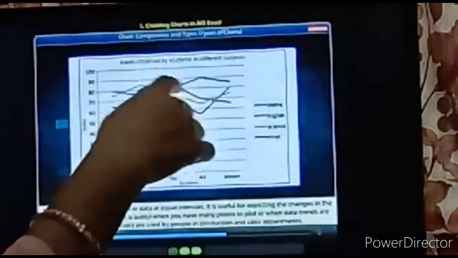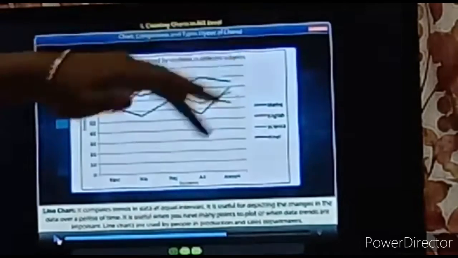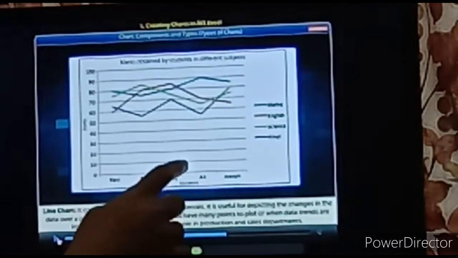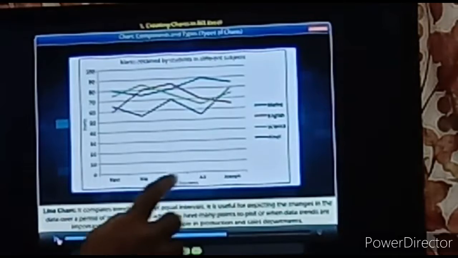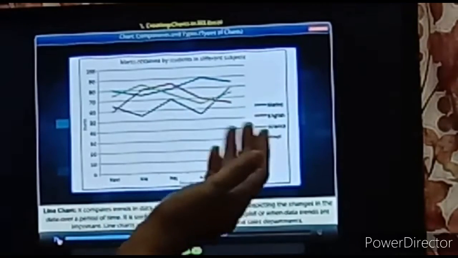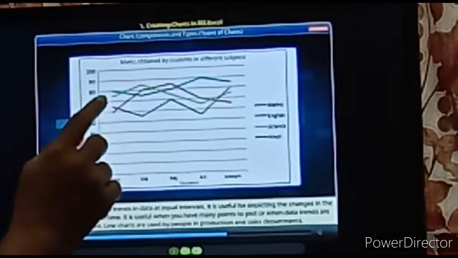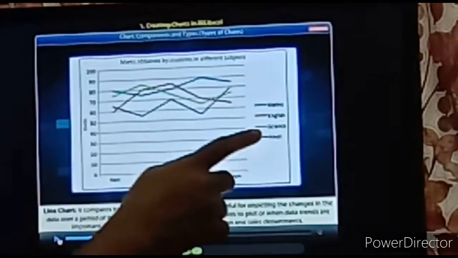See here in this line chart, you see the trends of the data at equal intervals. These are the names of the students, Ravi, Riya, Raj, Ali and Joseph, and these are the marks. We plotted the marks which the student has got in a particular subject.